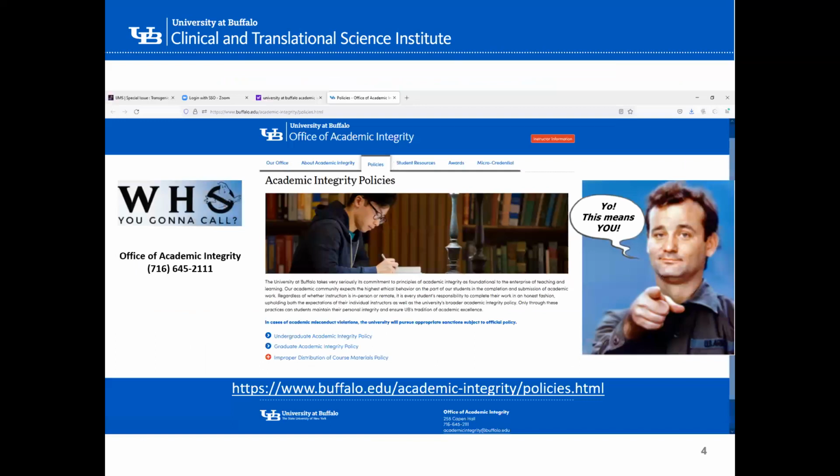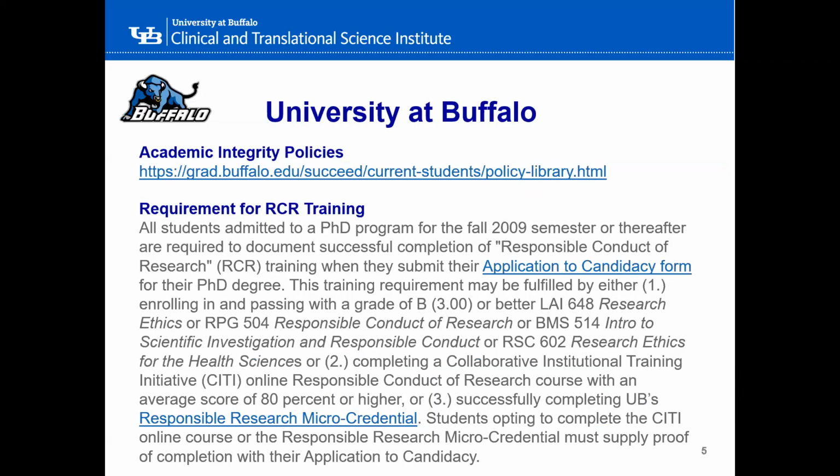I have no disclosure. So academic integrity policies have been in place for several years. We have an Office of Academic Integrity at the university, and it covers all of the 11 colleges and schools of the university. All persons that are engaged in any way in the research enterprise at this university are required to have exposure to this material. Here is the policy statement.